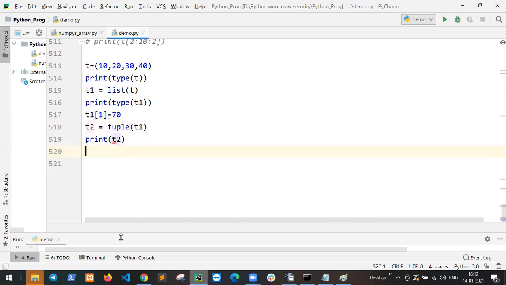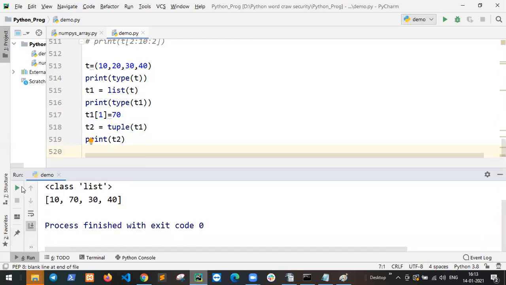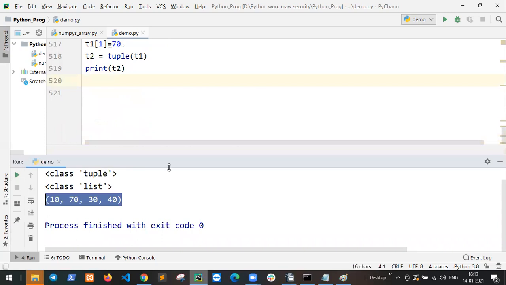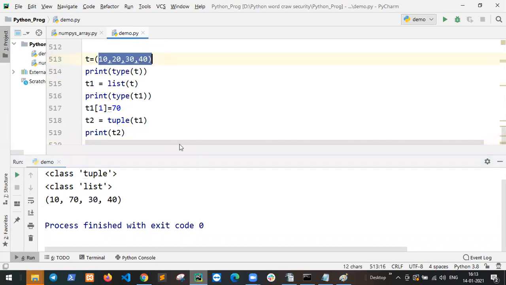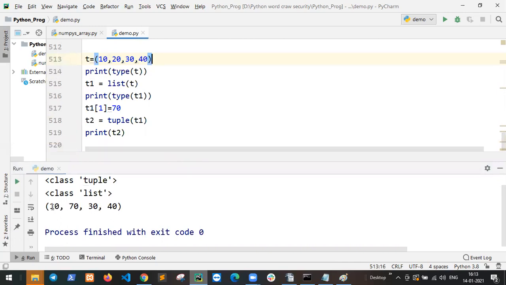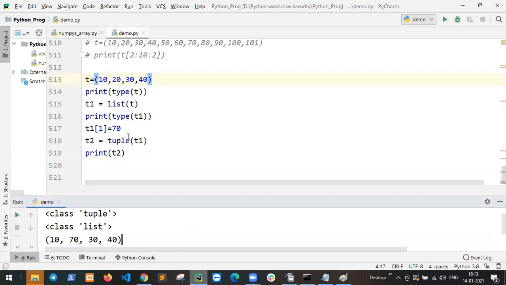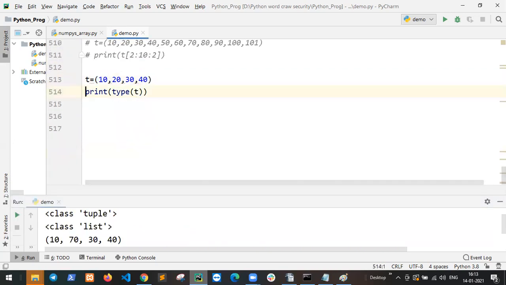This is complicated. The result is a tuple. So changing the tuple to changeable is the advanced level.